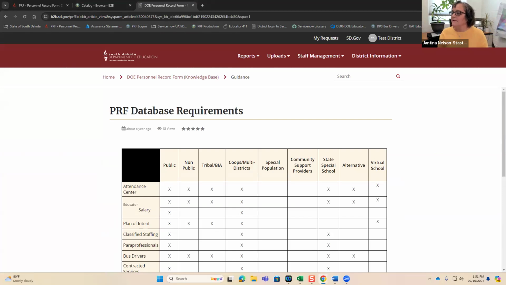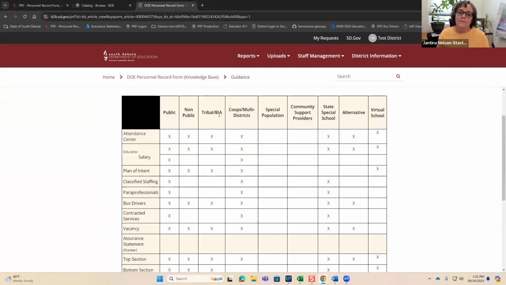So take a minute to find out exactly what you'll need in order to complete this data submission. The K-12 test district that I have is set up like a public.